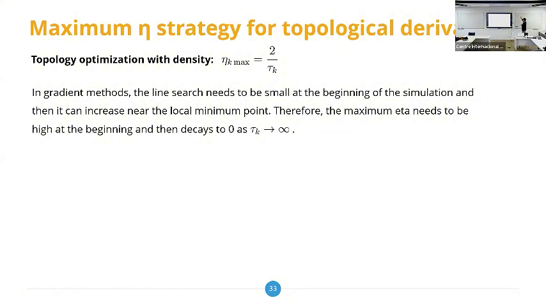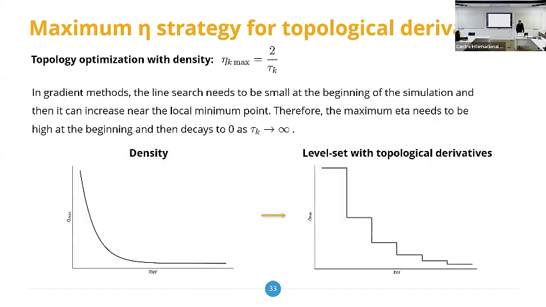I start with a small tau to advance slowly, and then here I can increase it. This is translated as an eta, maximum eta, which is high at the beginning, and near convergence it starts to decrease to 0 or to a very small number. So our strategy was, okay, why not propose some similar behavior, in this case like this